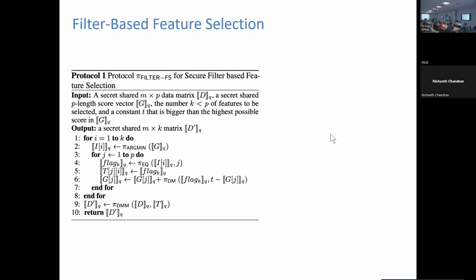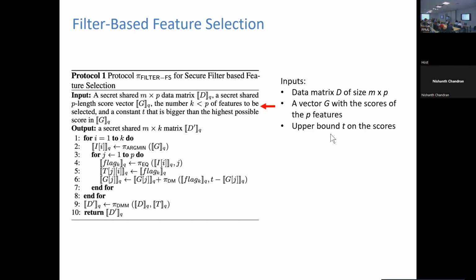Okay, so how did we do this feature selection in a secure way? Essentially, we had a protocol for computing the scores of every feature and a protocol for doing the filter part. So let me first talk a little bit about the filter part of the process.